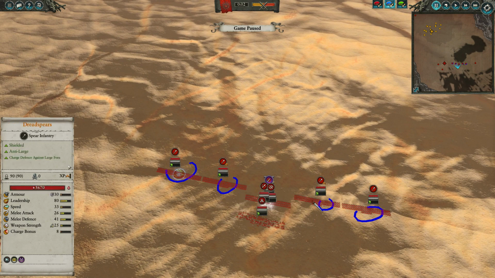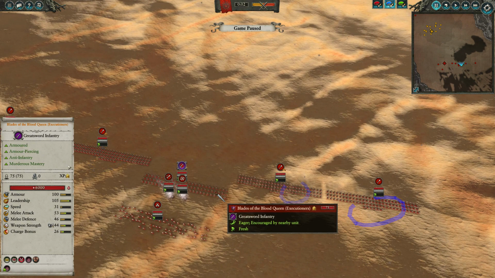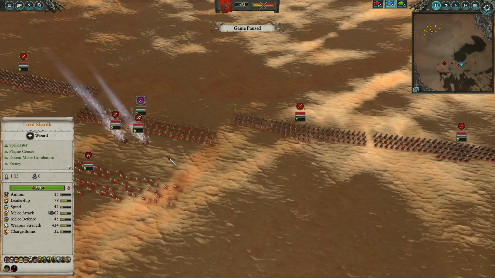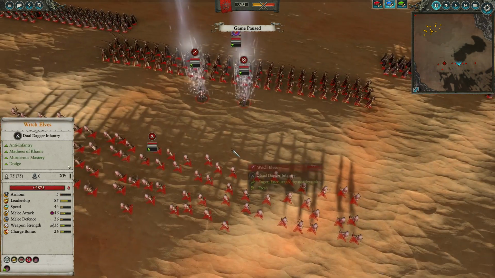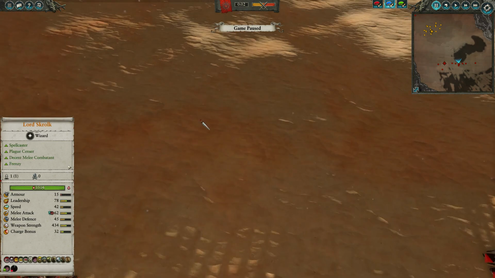2 of them are rank 1. And then Blade of the Blood Queen, Executioners, Regiments of Renown, alongside a Death Hag on foot and Morathi on foot. Sorry, that's a Sorcerer Beast. And the Sorcerer Beast actually got